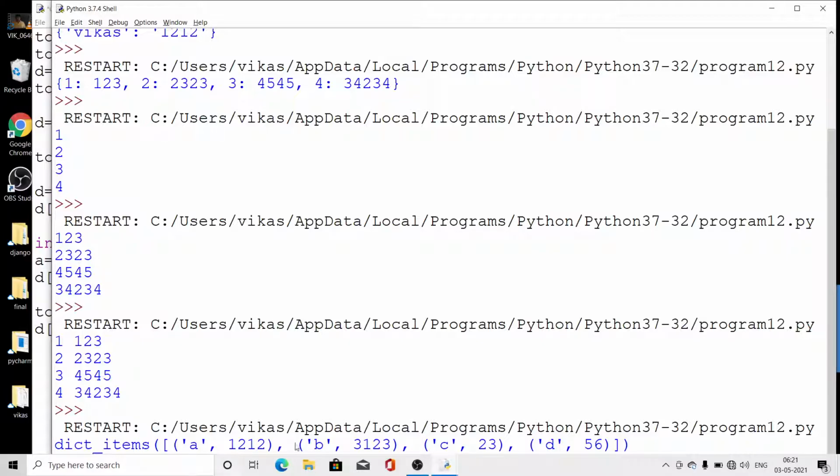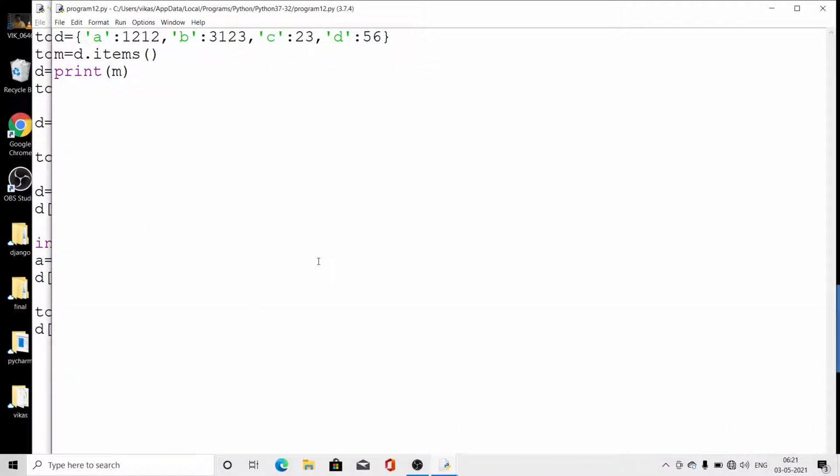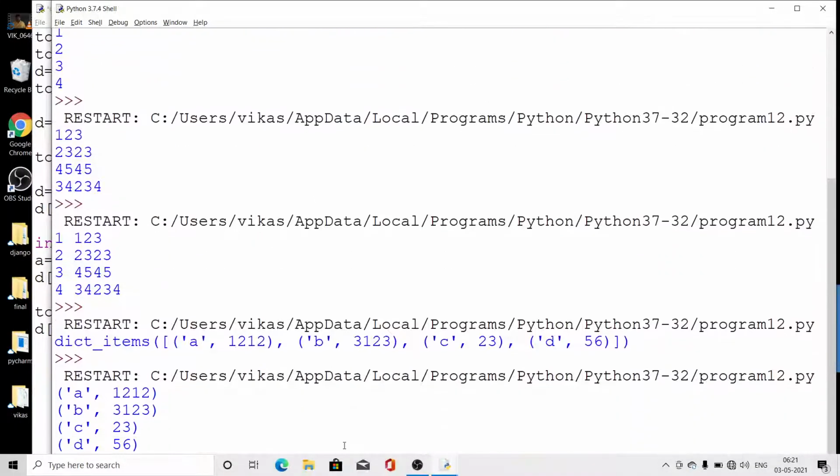Look here. Clear? So here, if we write for I in M and print I, it returns like that. Look.